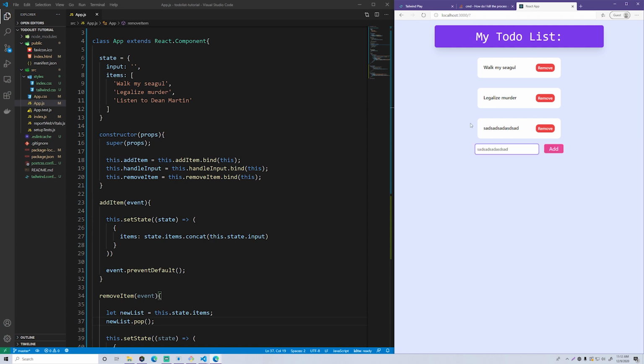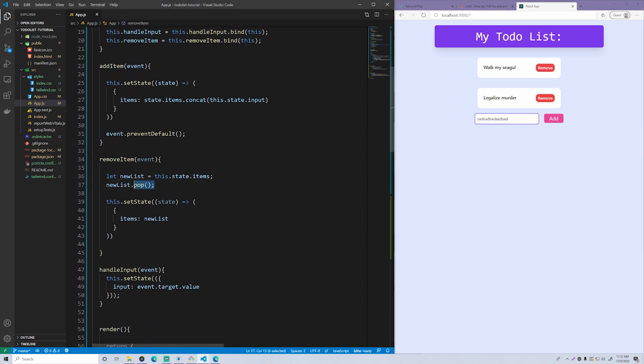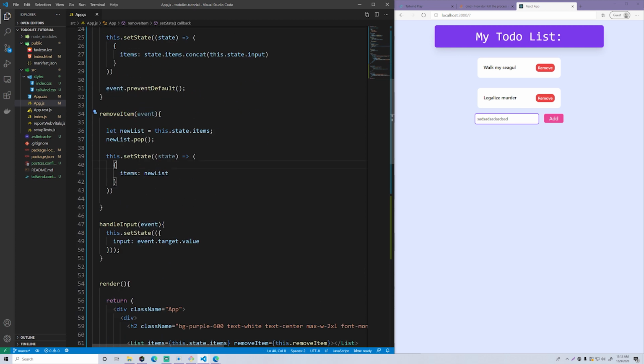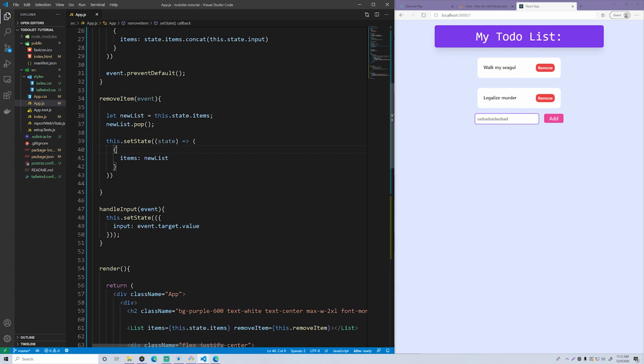In this case, it's not perfect, because if you click the first one, it's only going to remove the last one, because all we're doing is just popping the last element. That's what pop does. If you do want to remove the one that you actually click on, you have to keep track of which one you're working with and pass it in as a parameter, and then remove that specific one from the array. You can do that if you want to. I'm not going to do that.